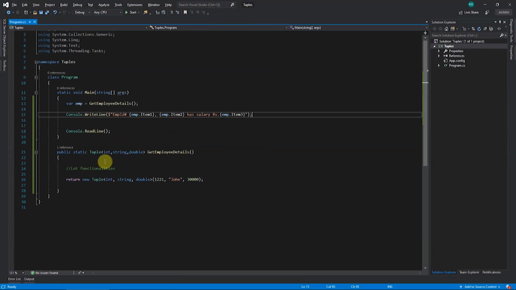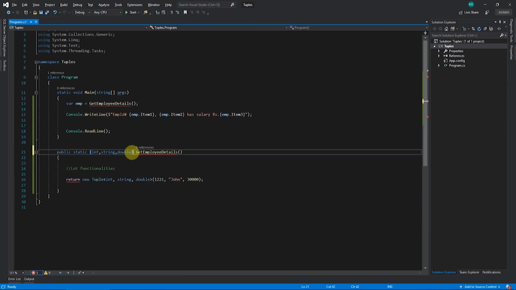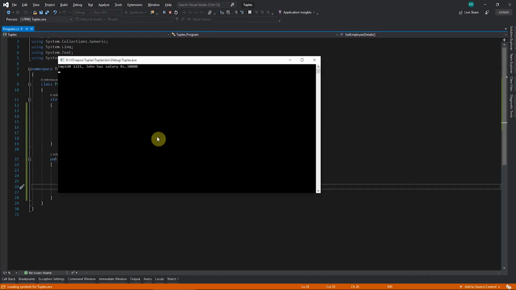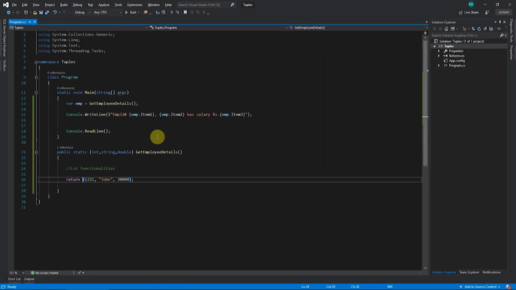Now instead of this, in the new C# you can use the value tuple. What you have to do is just replace this Tuple with brackets. So instead of using the Tuple class, we are using the value type, and when you are returning, there is no need of creating a new instance of the class, just return these values in the brackets. So again this holds good the same way. Now if you run it, it remains the same, but the only disadvantage here is you don't know what exactly